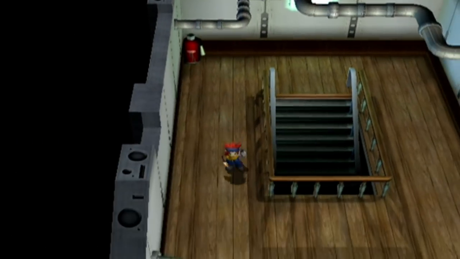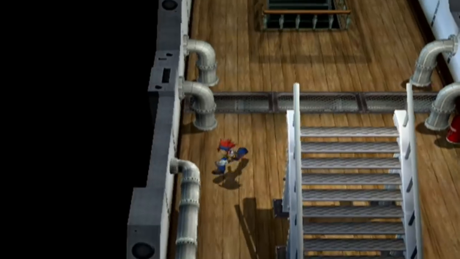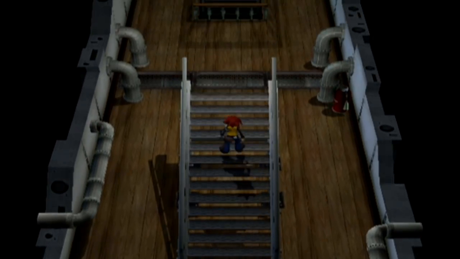But if we head up here, we get into a corridor that's surprisingly intact. Also, the purple liquid dripping out of those pipes, it actually doesn't mean anything ominous at all. It's just there because of reasons, I don't know. But if we go up here,